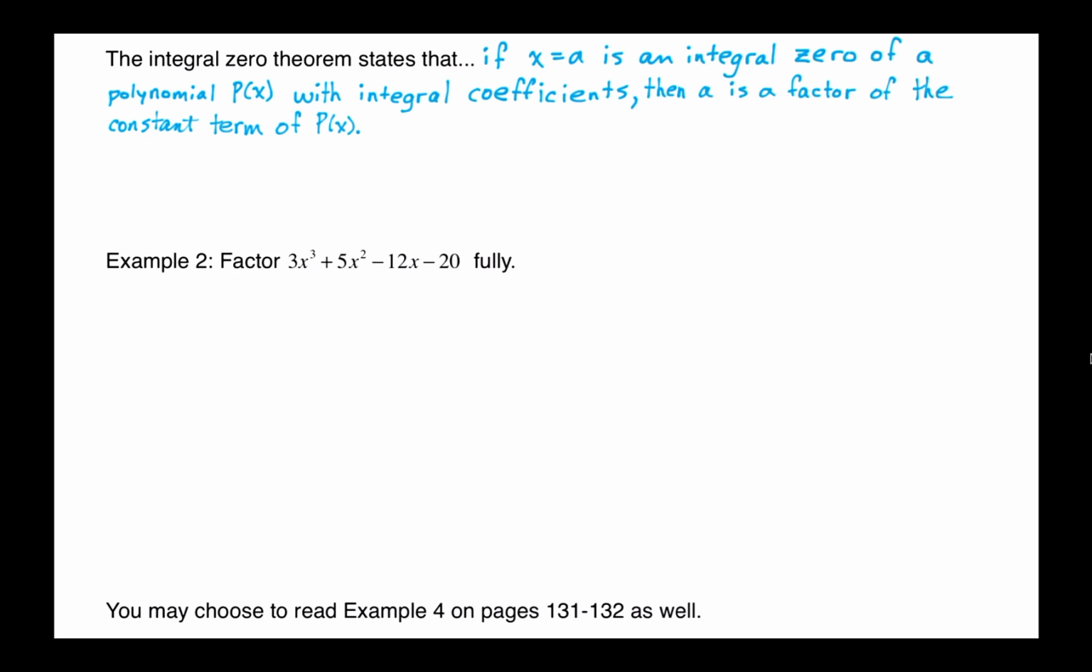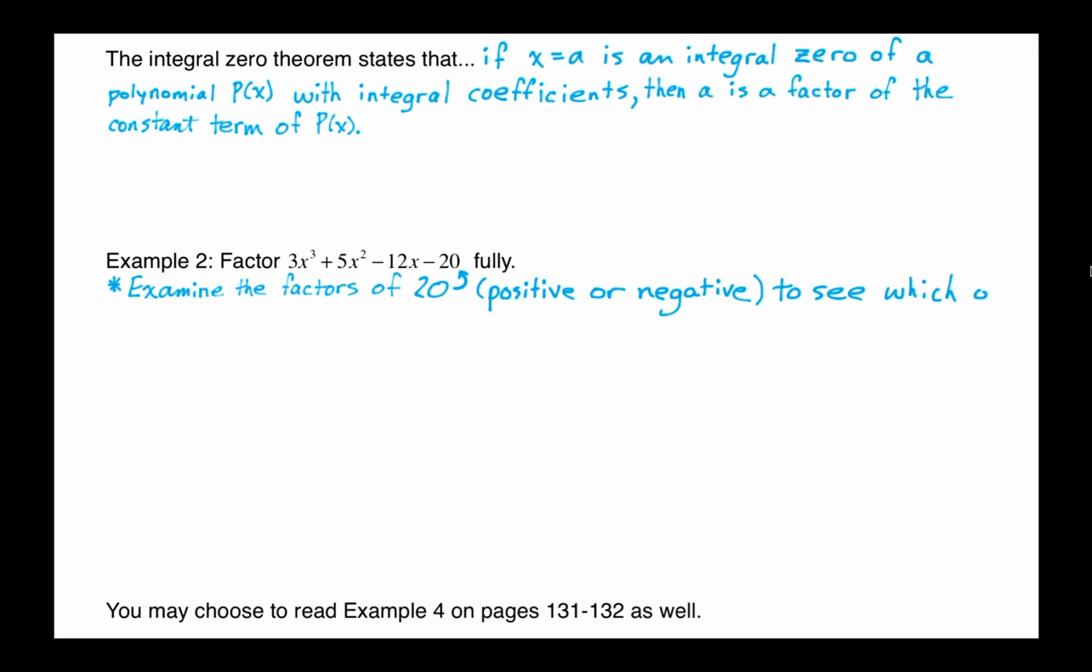So we don't have to completely randomly guess how this thing will factor. We can try out numbers that are factors of that constant term. So this is what we're going to do. We're examining the factors of 20, both the positive and negative versions of it, to see which one makes the